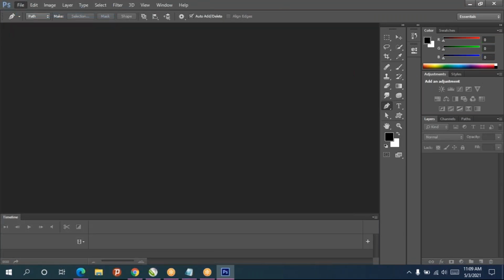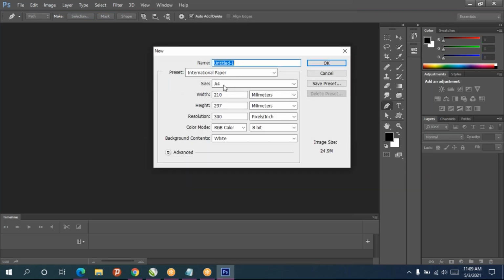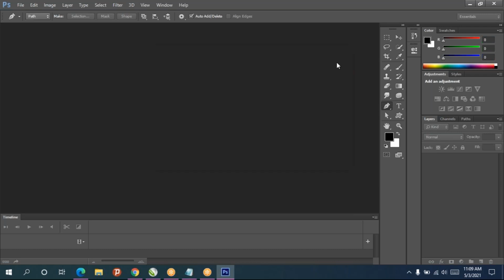I'll create one new document in Photoshop. I'll take A4 size paper, international A4 size.